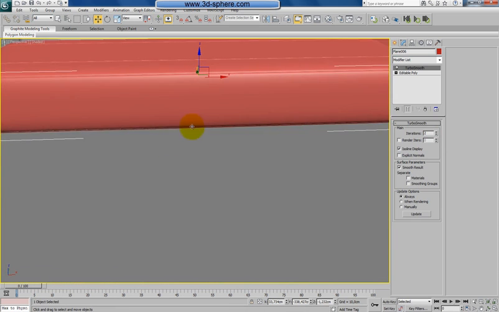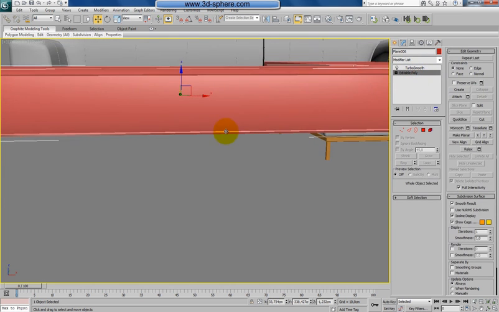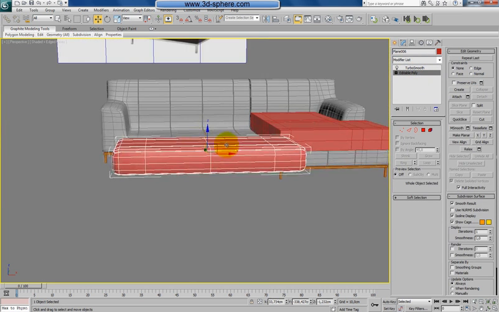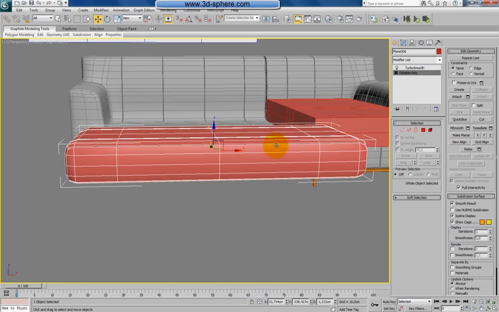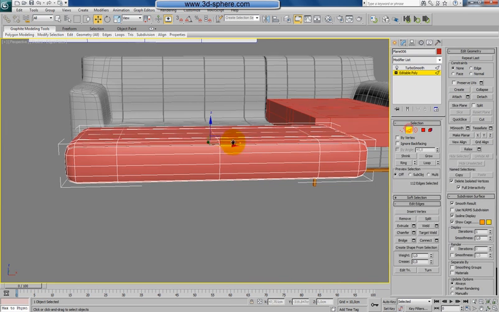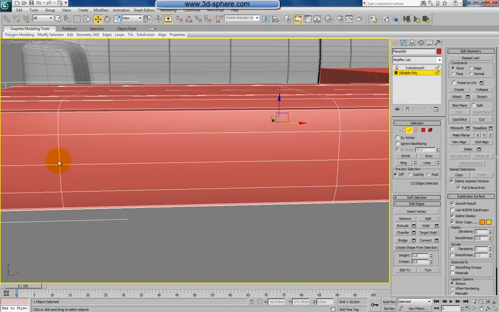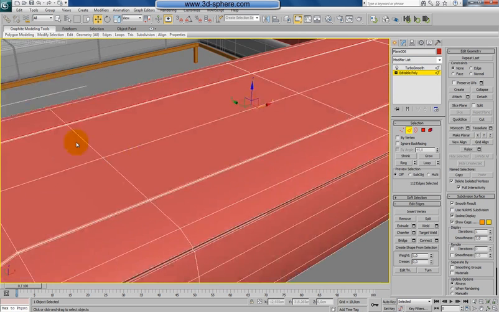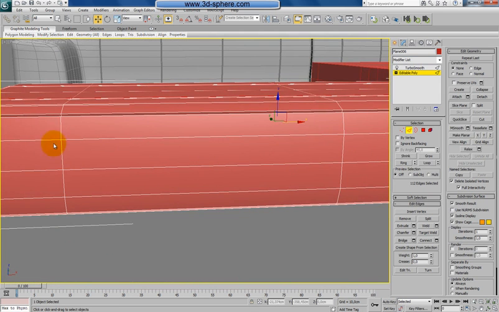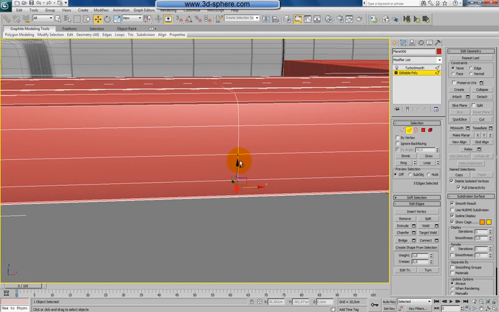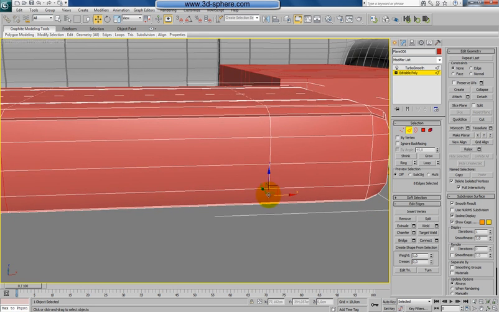Yeah, this is good. Okay, so now let's go here to the side. Now on the side I will do something similar to what I was doing here around. So I will not do all around the shape, I will just do it here. So what I will do, I will just select these edges here, like this. I will extrude them